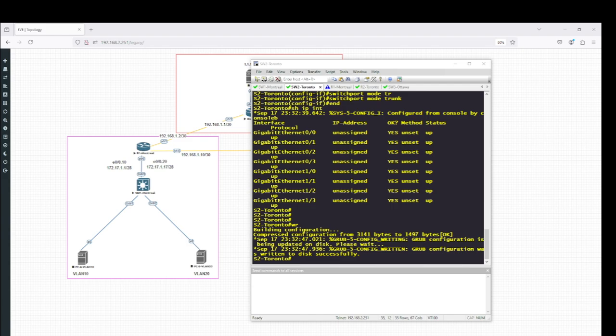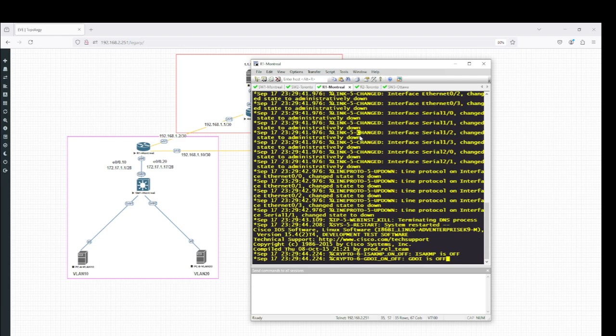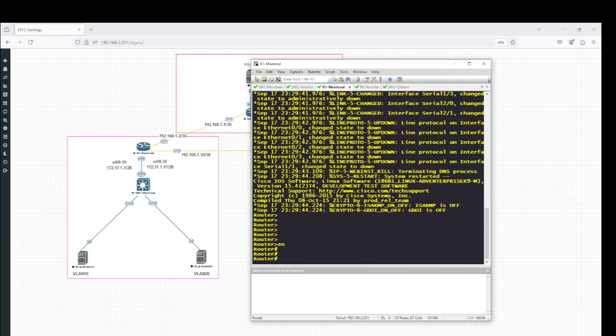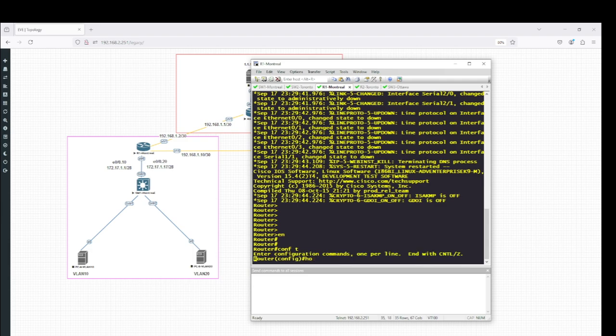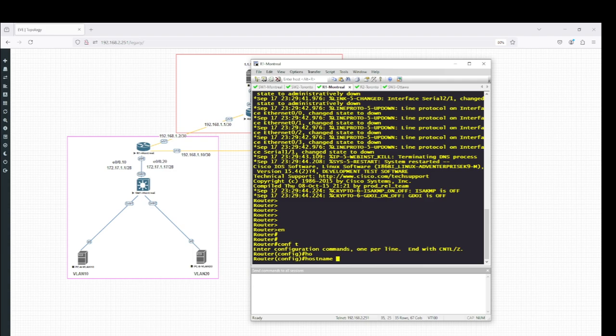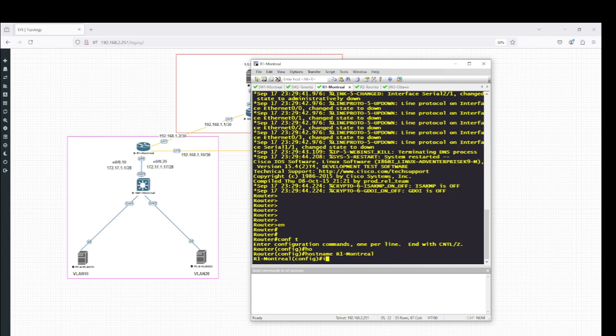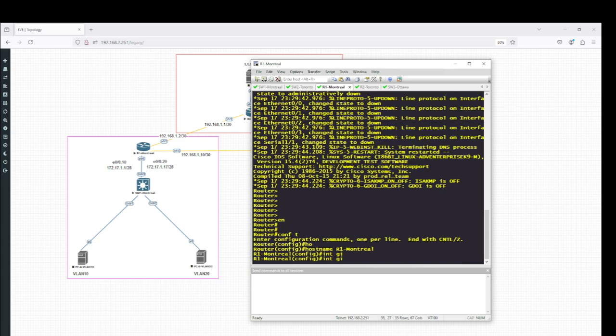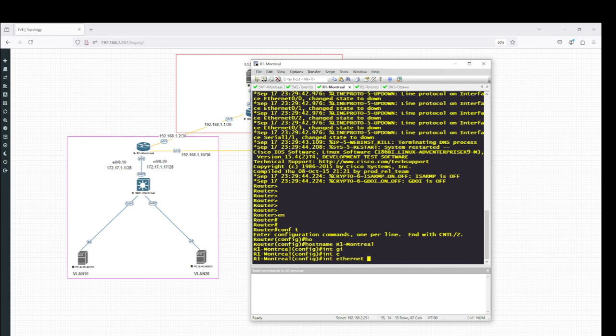Okay, so also I'm gonna put the description on the ports. So I'm going to the Montreal router, conf t, hostname, I put it R1 Montreal. Okay, I go to int Ethernet